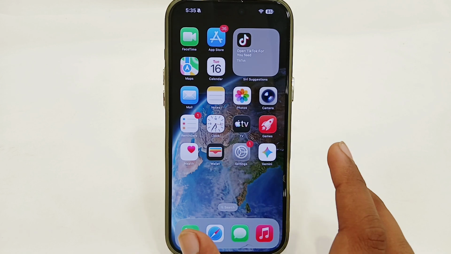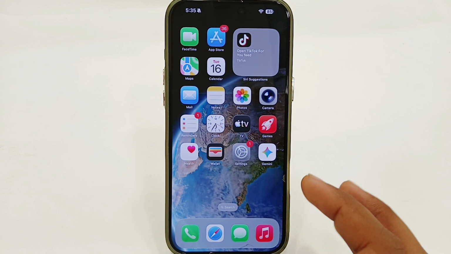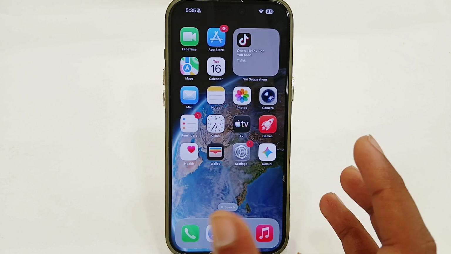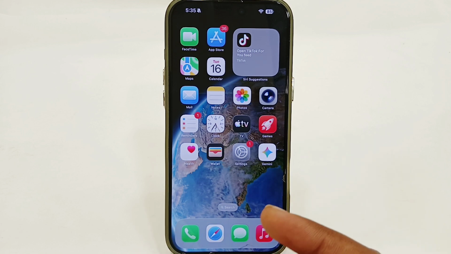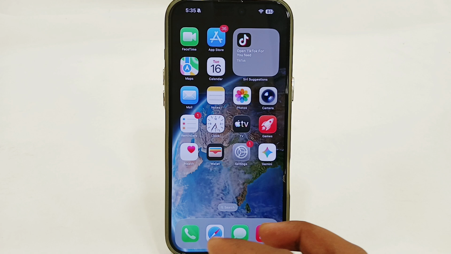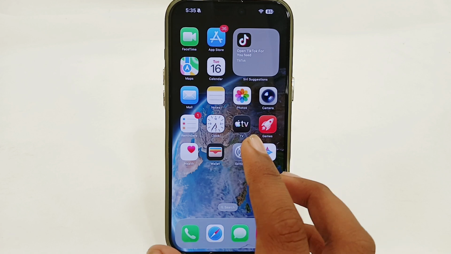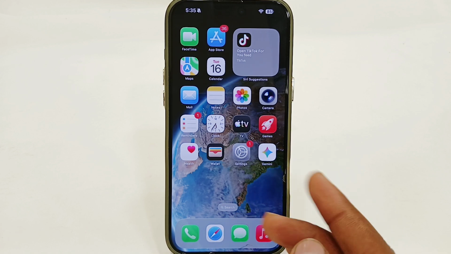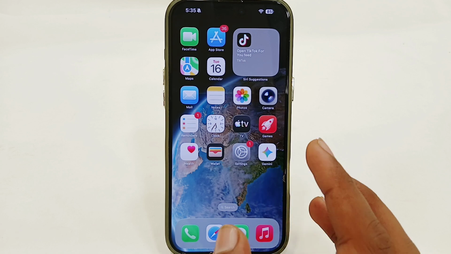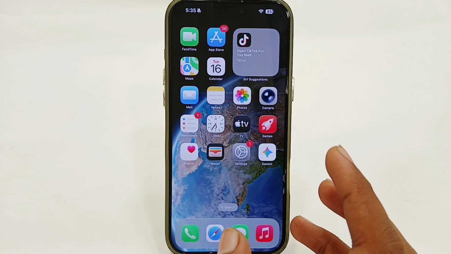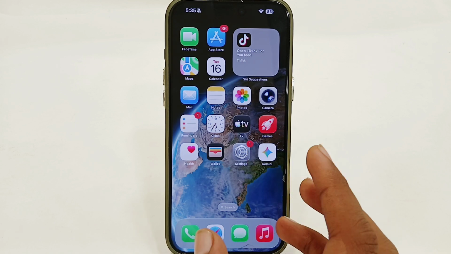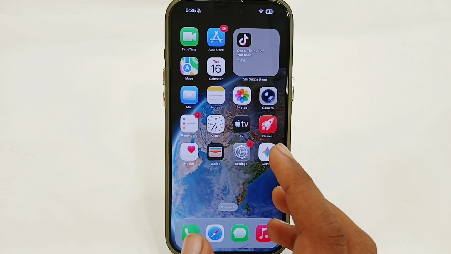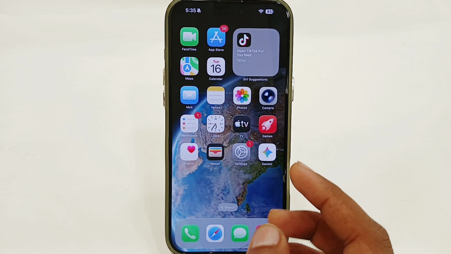You have to keep in mind that you don't have to use any other way to update your Instagram app, because sometimes whenever you try to update your Instagram app using your browser or another third party source, it can add bugs or malware into your Instagram app, or there's the threat of your account being hacked. So you just have to use your App Store or Google Play Store to update your